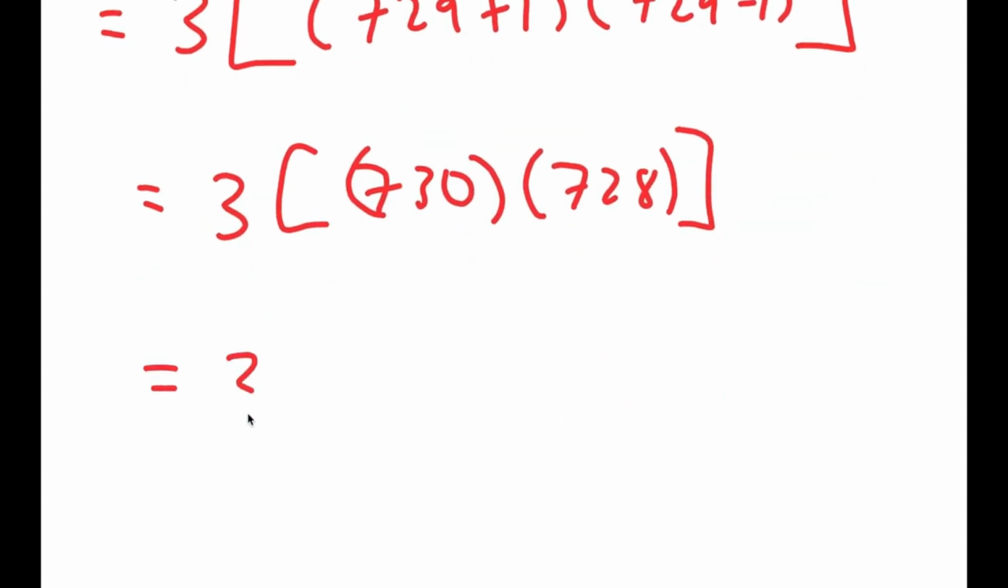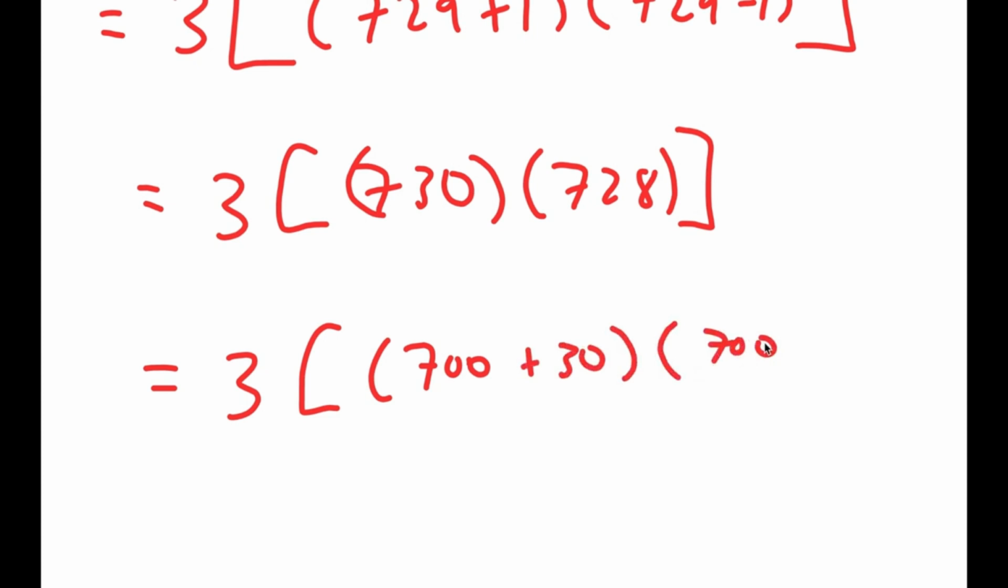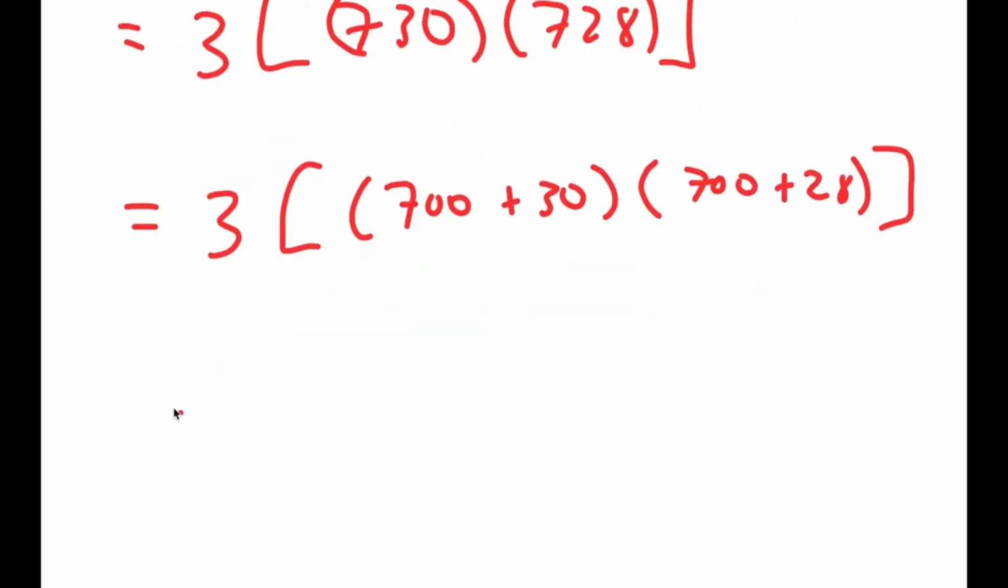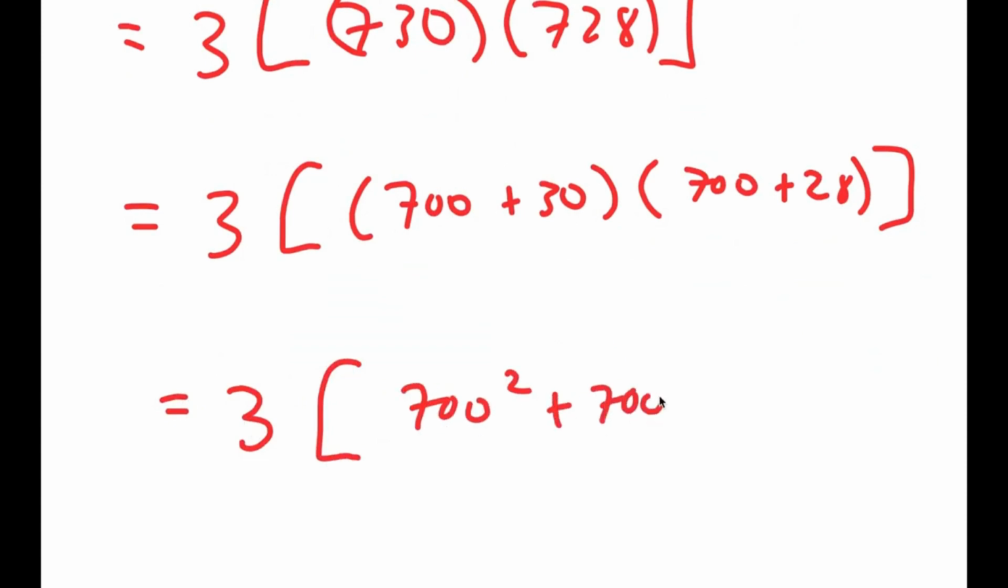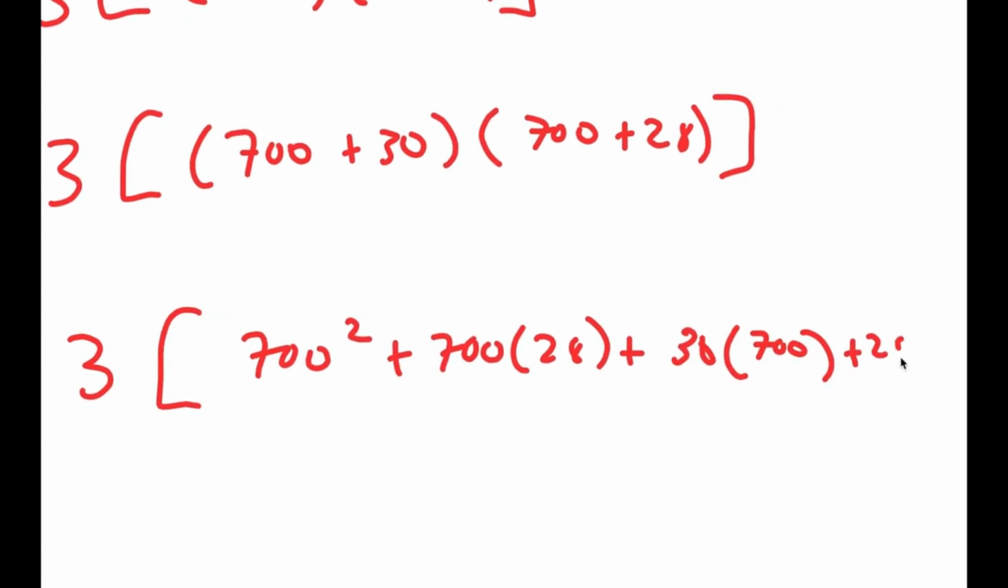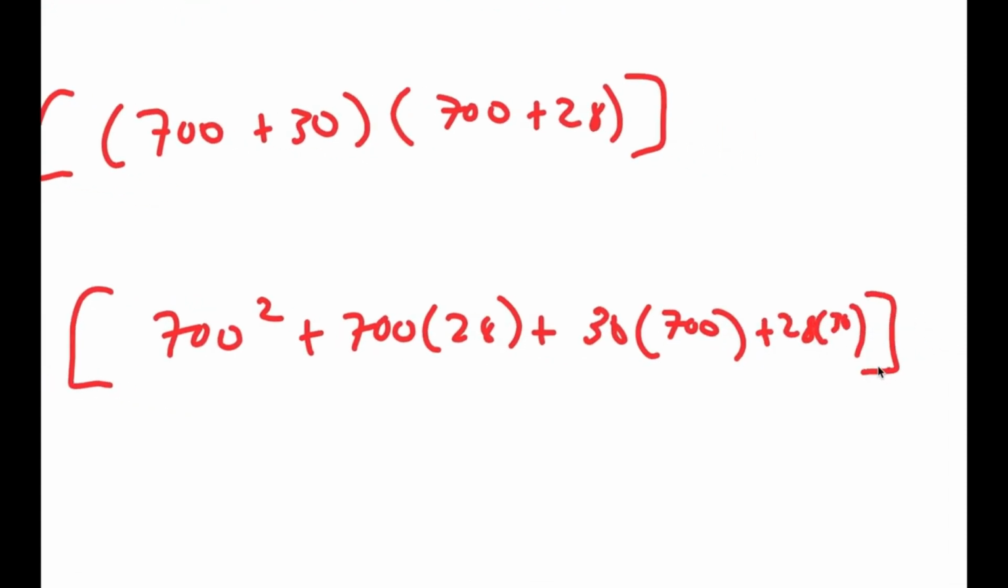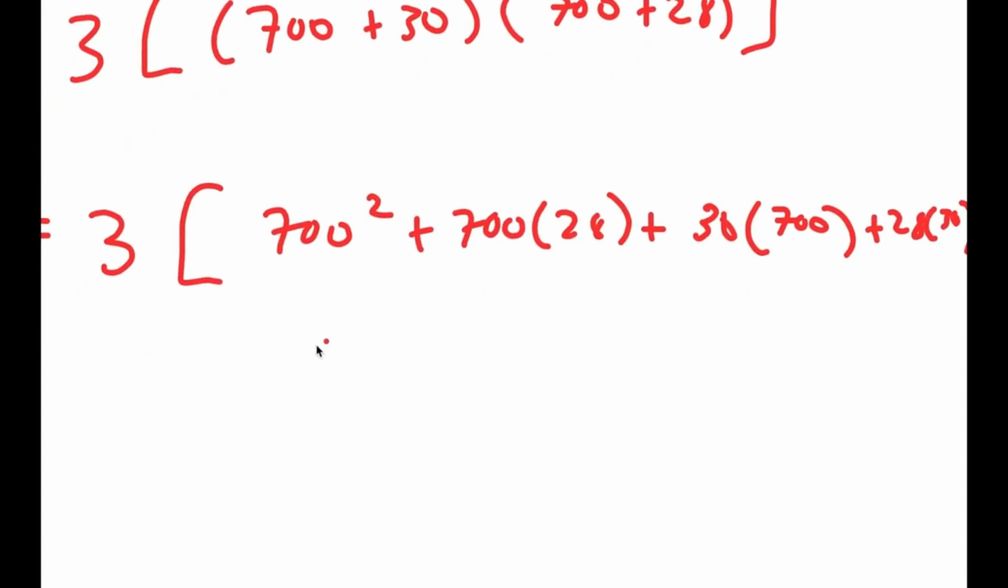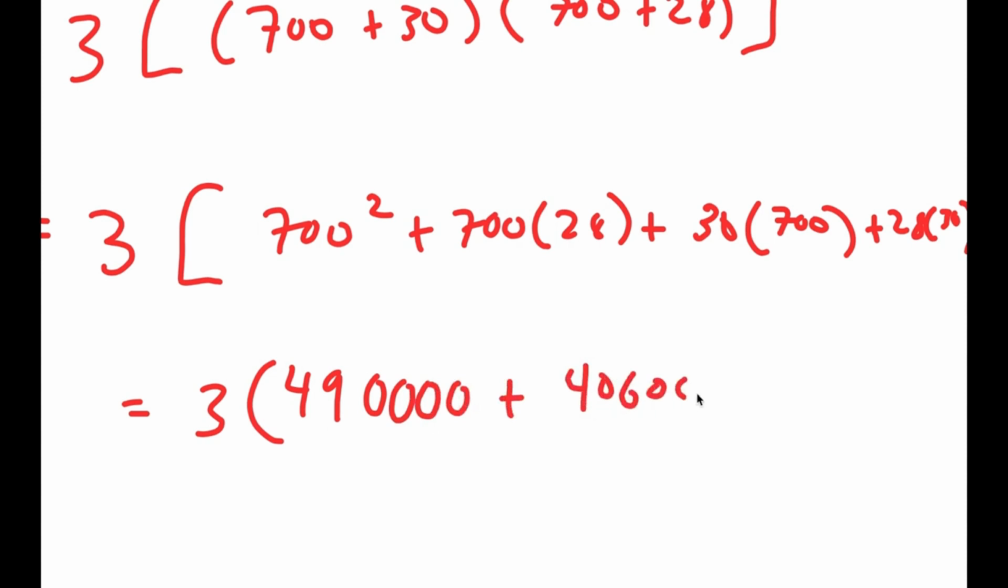So from here, I'm going to rewrite this as 700 plus 30 times 700 plus 28. So this is equal to 3 times 700 squared plus 700 times 28 plus 30 times 700 plus 28 times 30. Now this is equal to 3 times 490,000 plus 40,600 plus 840,